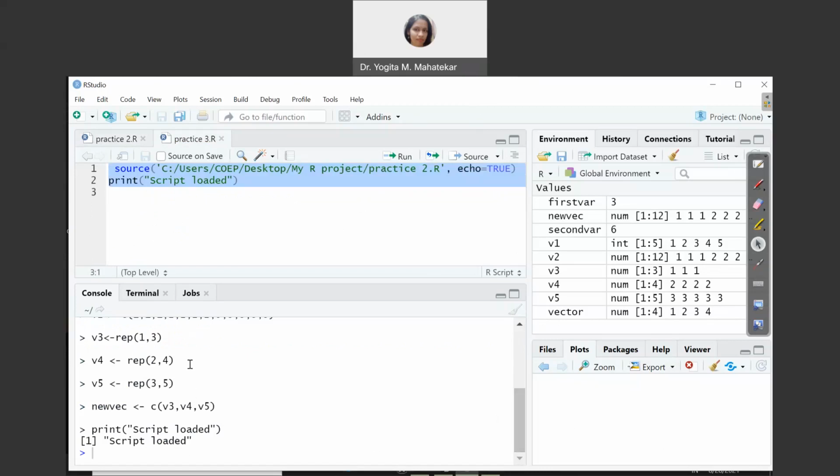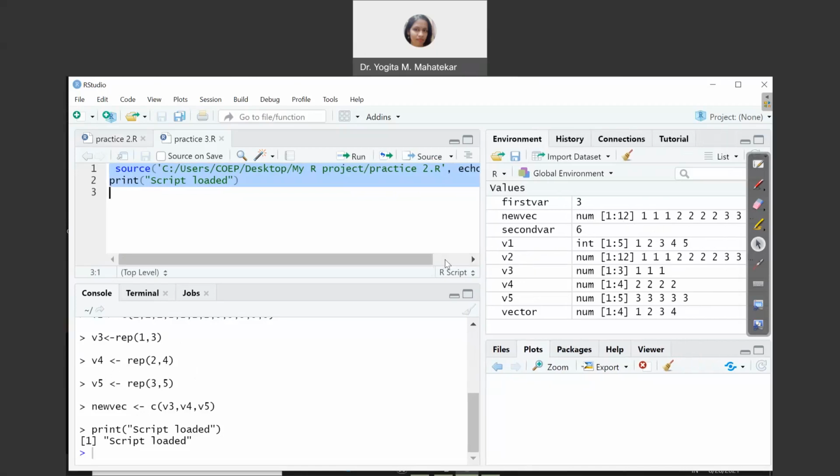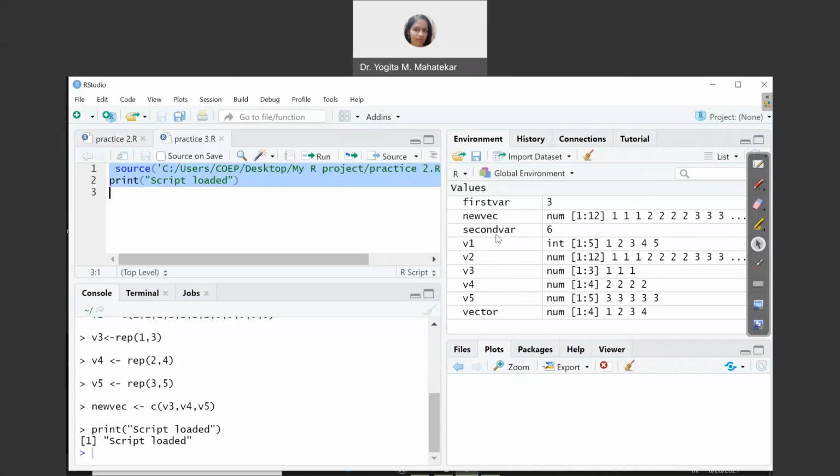So suppose I use these two commands together: I copy and paste the address of my first script file, and I use the command print script loaded, everything will get executed again inside the console, and the corresponding information or particulars of those variables will get displayed in the workspace. With this, I will stop here with lecture 2 on R and RStudio. Thank you.